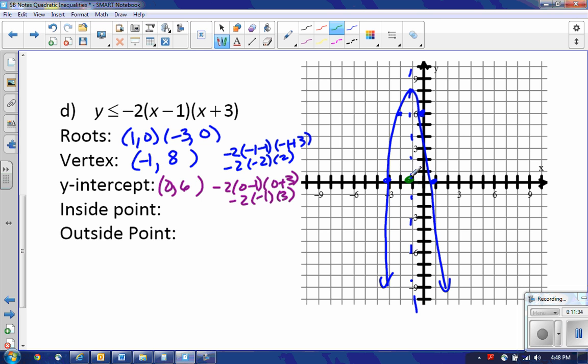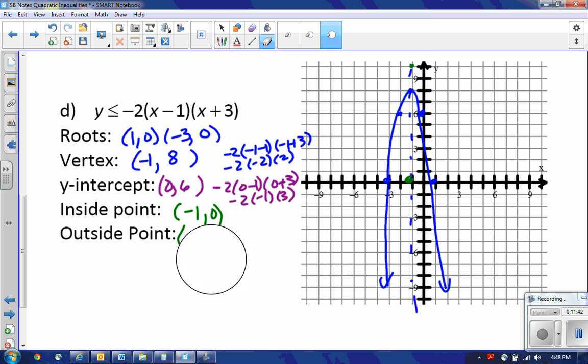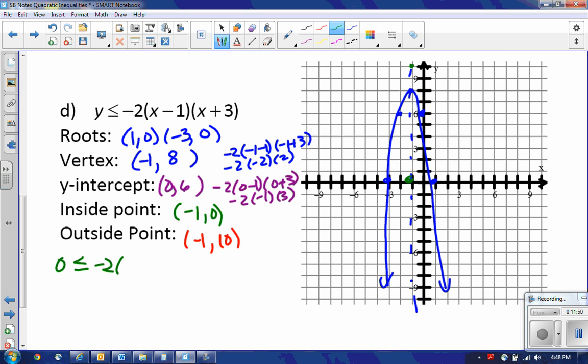Choose a point inside. I'm going to take the point (-1, 0). And a point outside, I'm going to take (-1, 10). And we'll go test those 2 points. y is less than or equal to -2 times (x - 1)(x + 3). So 0 would be less than or equal to